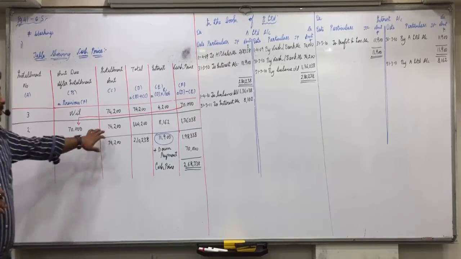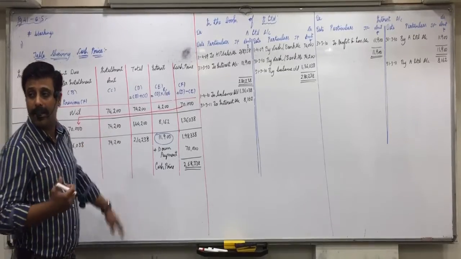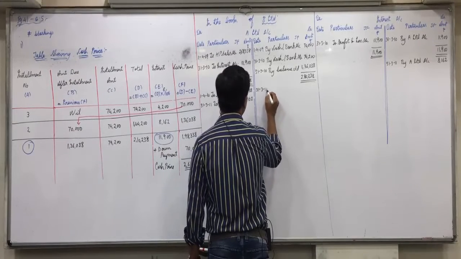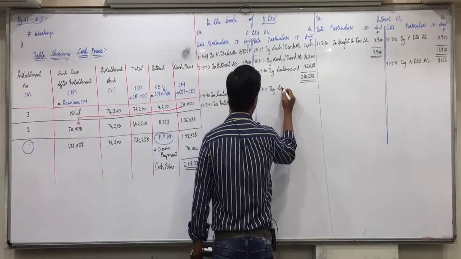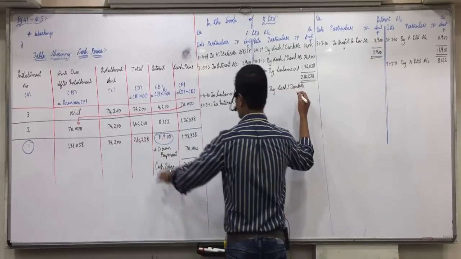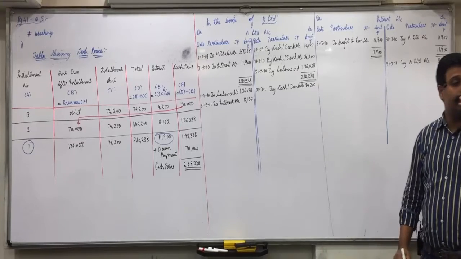Then after interest, what will we write on the debit side? Yes, the installment entry. So the seller is going to receive cash or bank, cash or bank account debit to A Limited account. To A Limited means A Limited credit side, 31,311 by cash or bank account. Amount is 74,200. Is everyone clear with this?